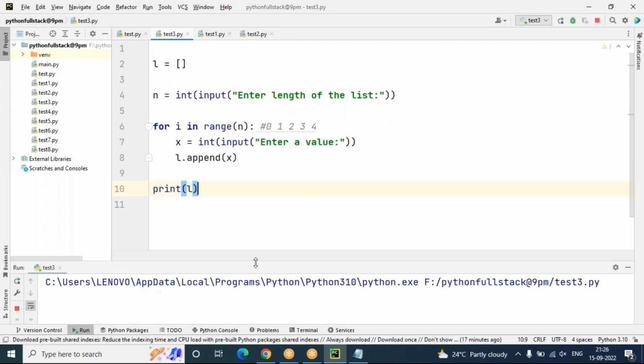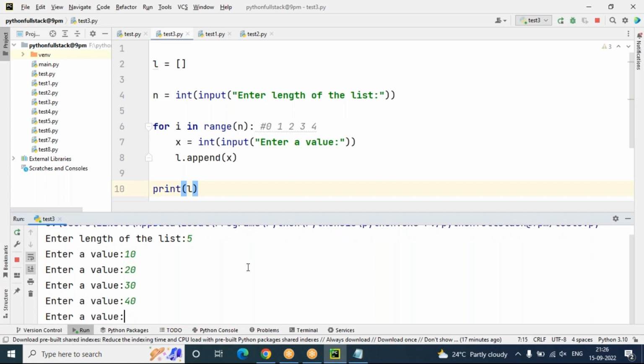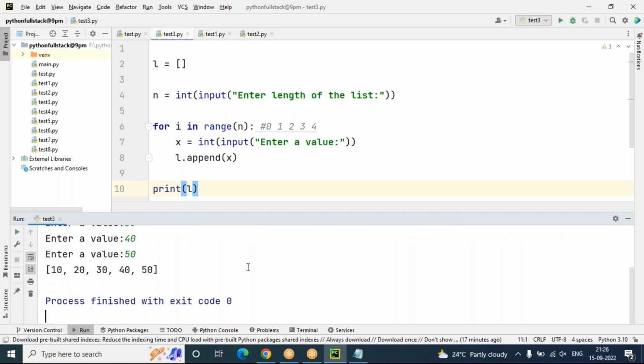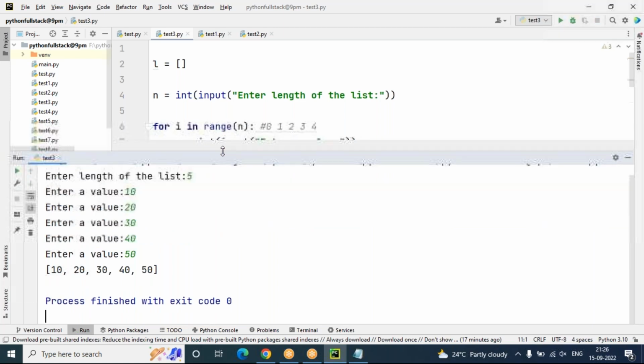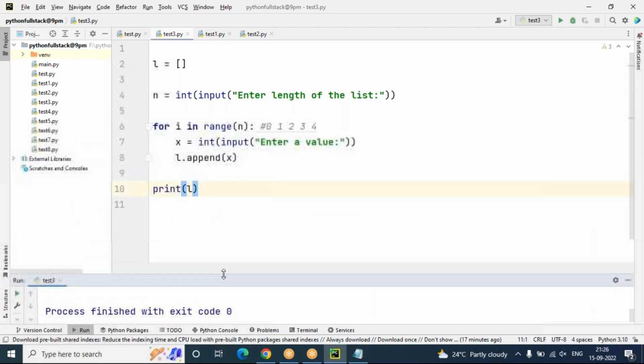Let's run this. We are taking the length of the list as 5, and the first element is stored into index 0, the second element into index 1, the third element into index 2, the fourth element like this. So 10, 20, 30, 40, 50. Got my point? These are the values. So this is exactly the requirement when we can create a list by accepting